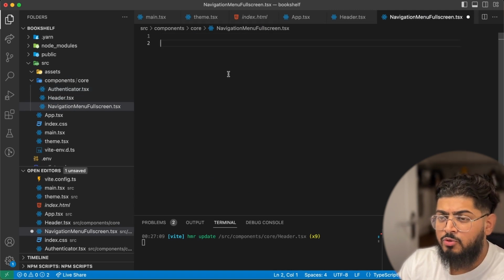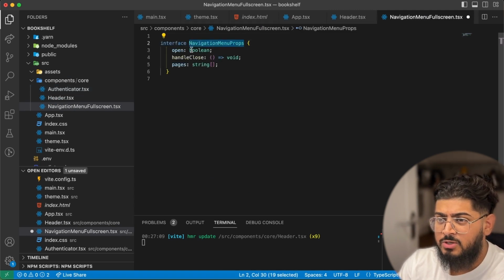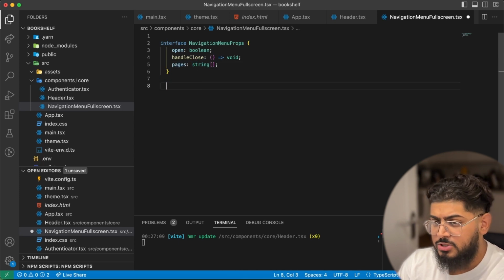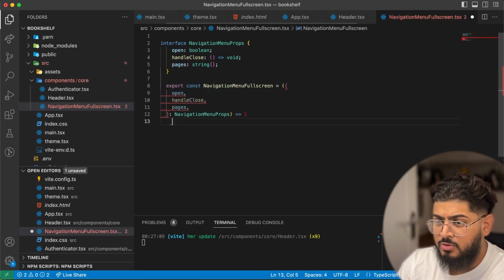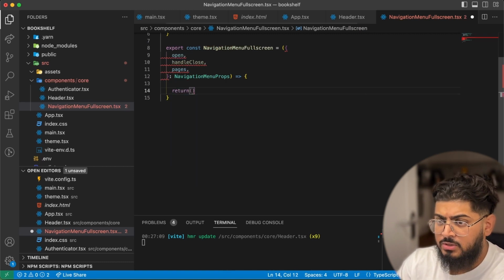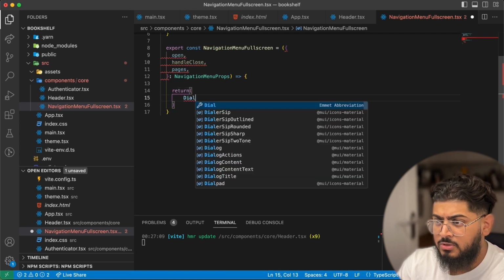So in here we'll create the props, which will be navigation menu props. It'll take in open, handle close, and pages. This is just going to be a string for now. This will change later, and we can declare our component, which is then going to return a dialog from material